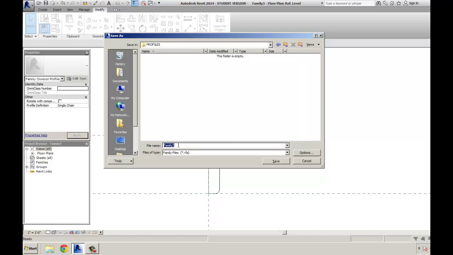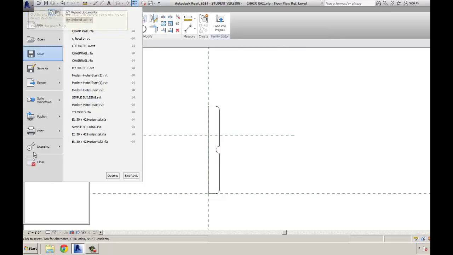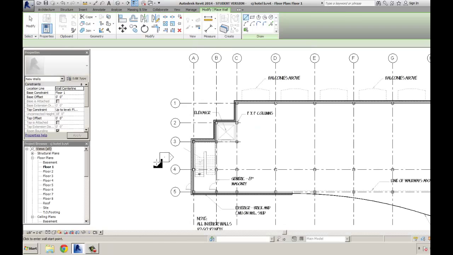Open it up. We're going to call this one chair rail. So that saves it. Now I can do a file close,